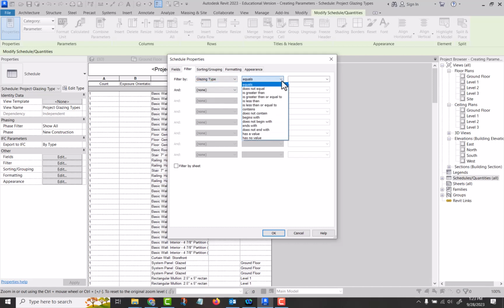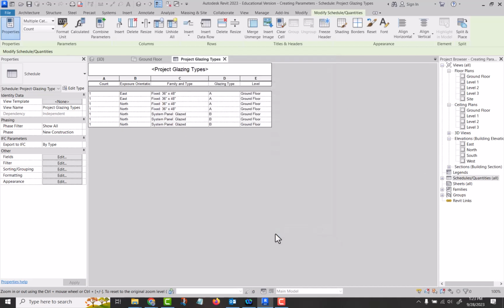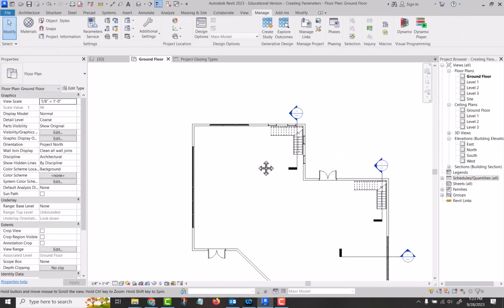Glazing type, greater than or equal to, and then hit the pull down and selected A. And then it worked. Okay, so now we can see it's picking up these particular windows that we have already tagged, all right? So what we want to do now is back in our project,